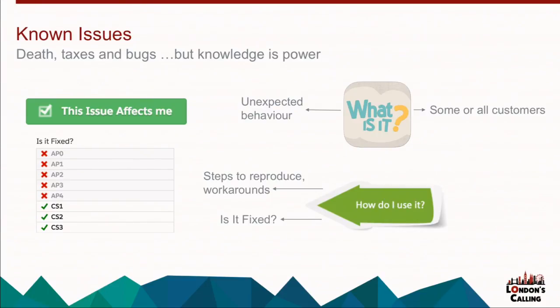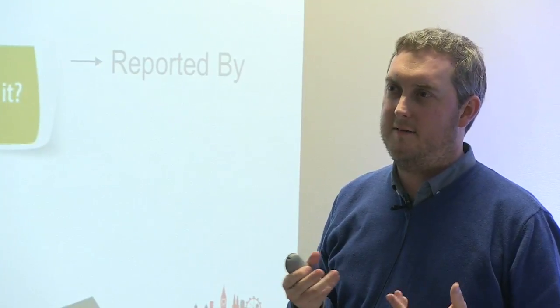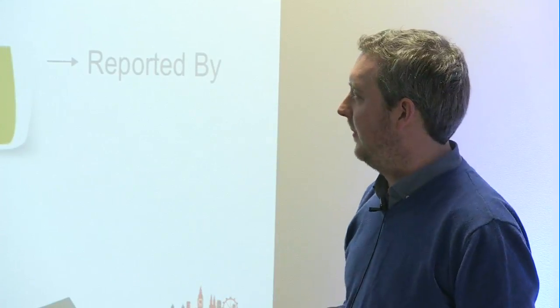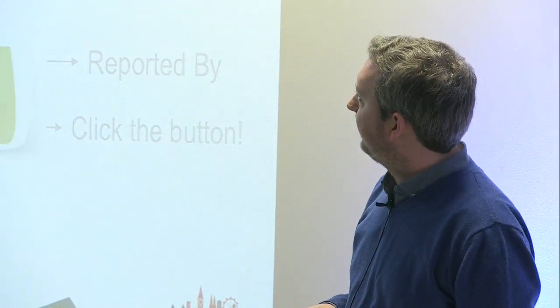There's an "Is it fixed?" widget here that's going to show you on your particular environment whether that's still a problem. So it'll help you get a framework of an idea of where you're at, whether it's affecting you or not. There's a "reported by" metric, which is just a number. How many people have clicked this button to say this issue affects me? Now, that is only ever going to be representative. If two people have said that it affects them, likelihood is it's quite a niche issue. If 200 or 300 have clicked that button, you know it's something you really need to be paying a bit of attention to. So click the button yourself if it's an issue that affects you. It will add you to that number, and it will tell you when the problem is fixed as well.